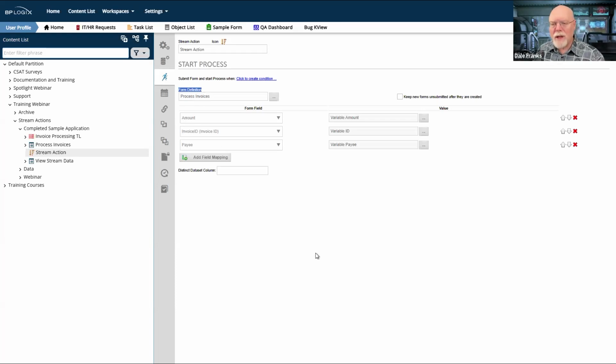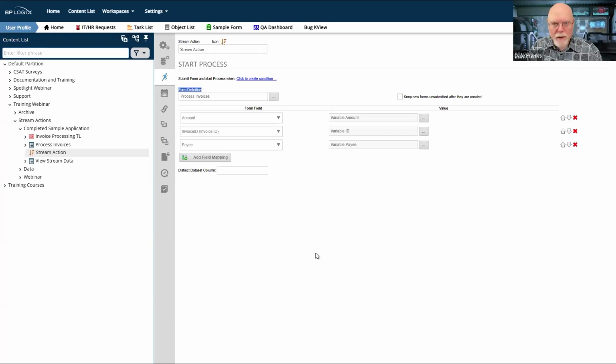So this is a switch from the way that other methods of starting a process work in Process Director. This method submits a form, and the form is expected upon submission to kick off the process. Seems kind of weird that we might do it this way, but there is method to the madness.